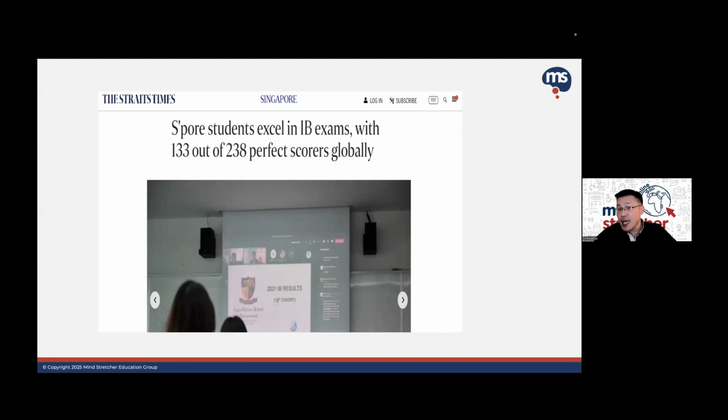And it's also the case if you look at it in terms of, maybe some of you here may be thinking about application to overseas universities, or even application to some of the more competitive faculties in local universities. It also does not discriminate you.